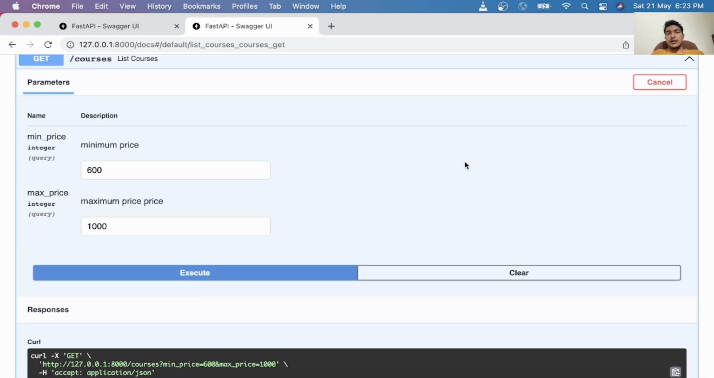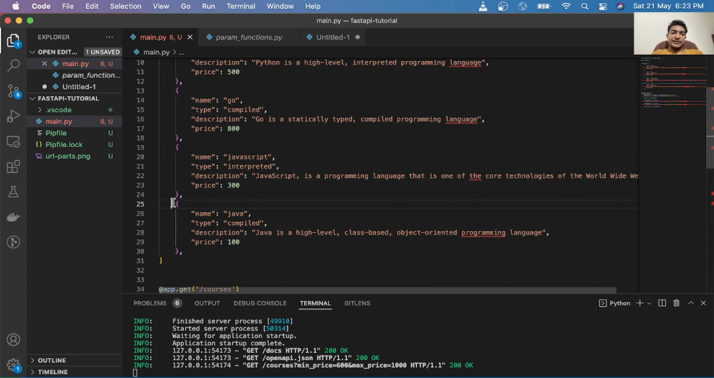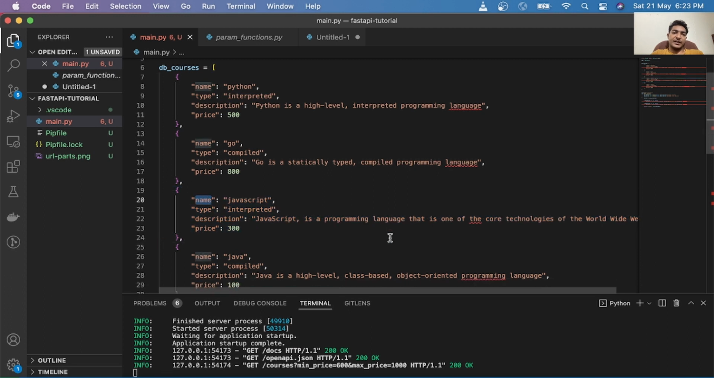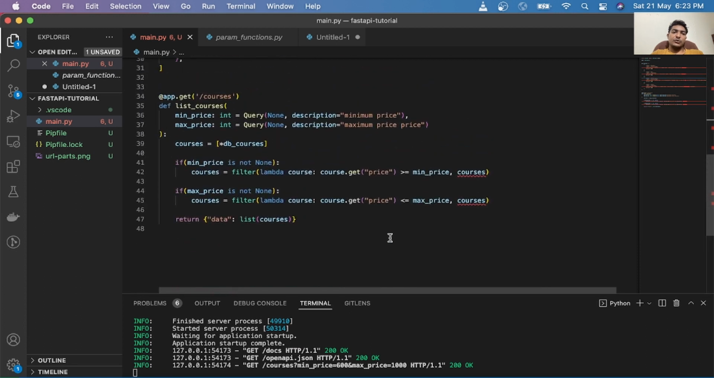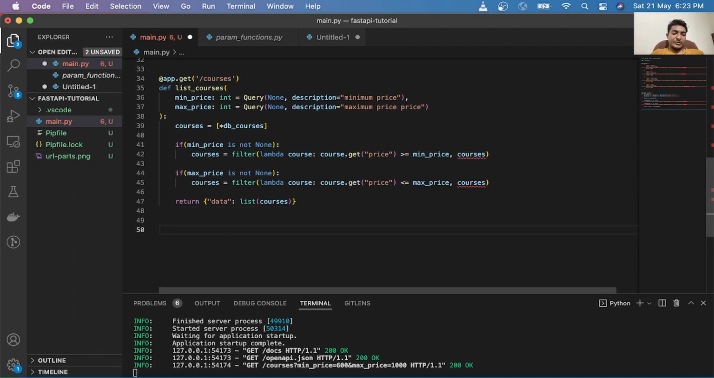Now let's say a user wants only one resource out of all courses. Let's say he only wants to access this Java or JavaScript with the name. Then we don't want to pass that in the query parameters. So for that we will be using the path parameter. Let's add one more API endpoint,